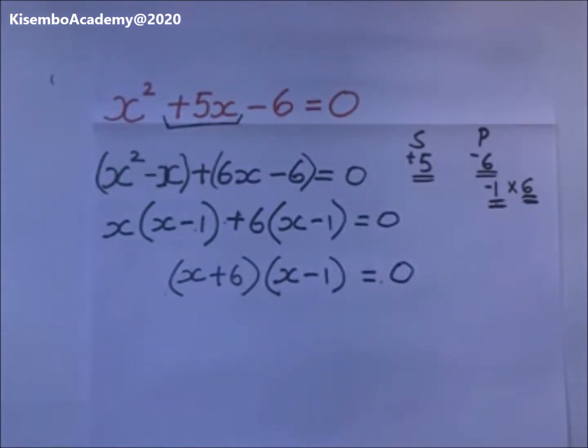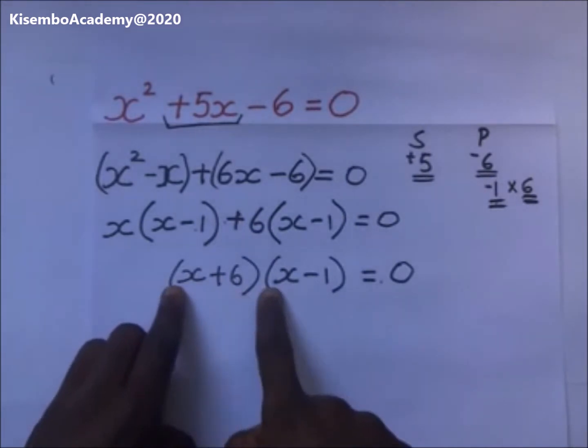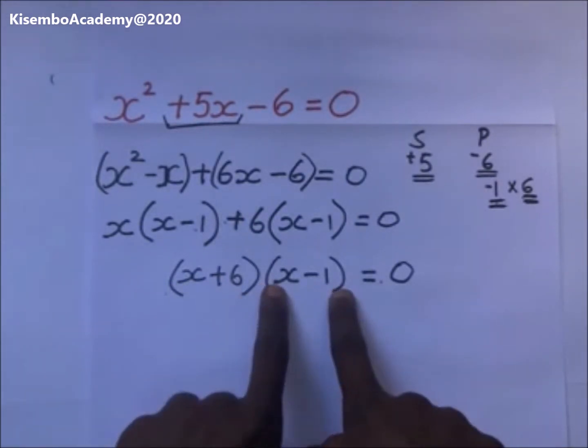So when we reach that stage, we have factorized this quadratic equation. Now, remember we have a property that any number that is multiplied by 0 is 0. If you get 1,000 multiplied by 0, or 2 times 0, the answer you will get is 0. Now when you look at this expression, we have this bracket x plus 6 multiplied by x minus 1, we